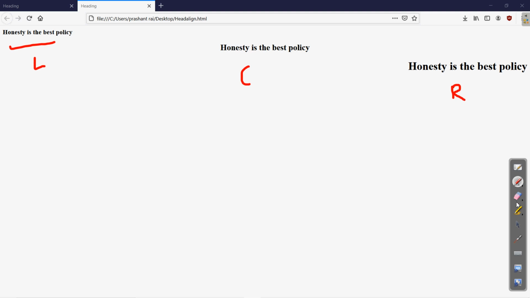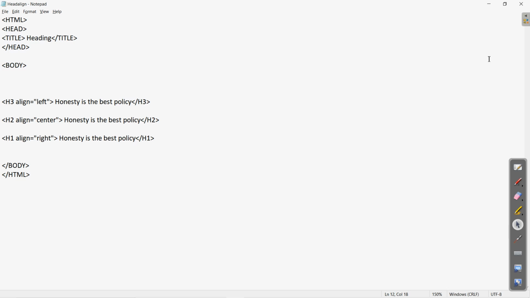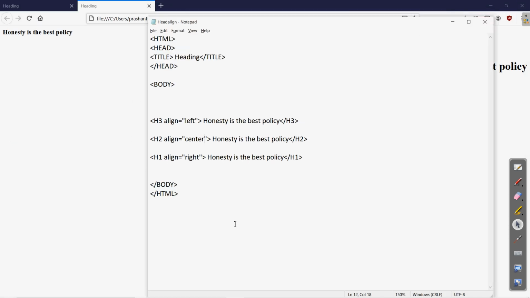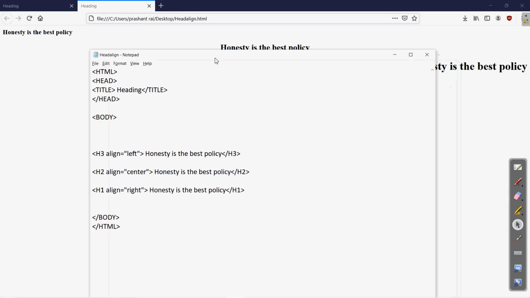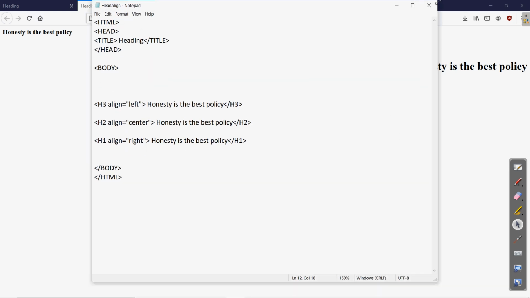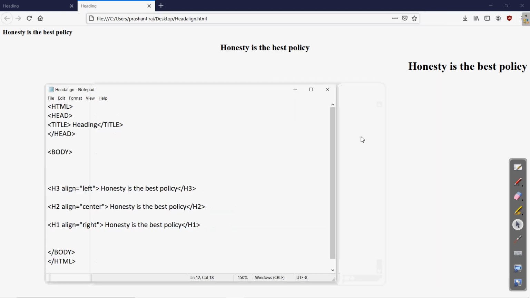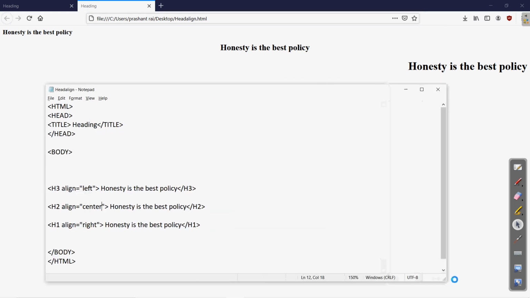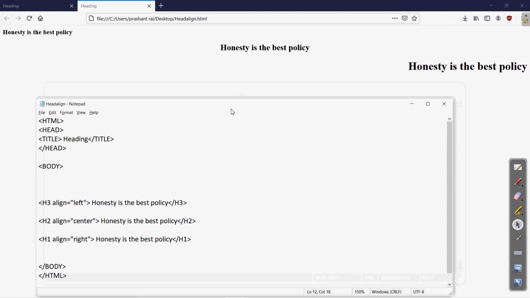Clear? If I see the program along with the HTML code, then it will be better to understand this. So this was the program and this is the output. Let us open these together. If I change the size of this screen, I hope this is visible together.